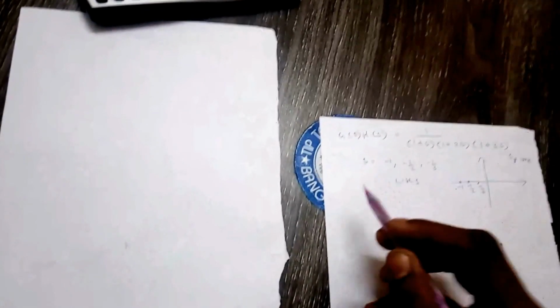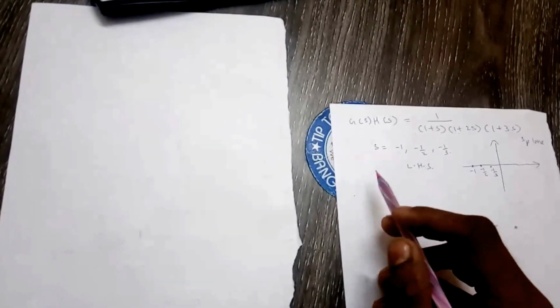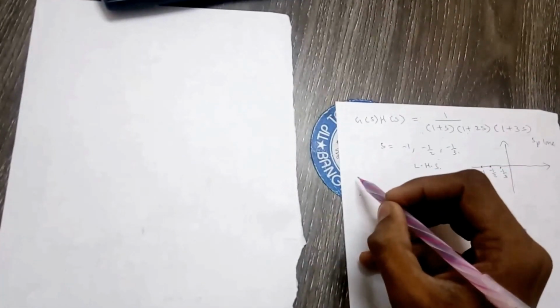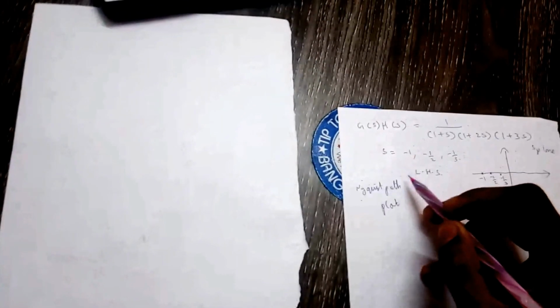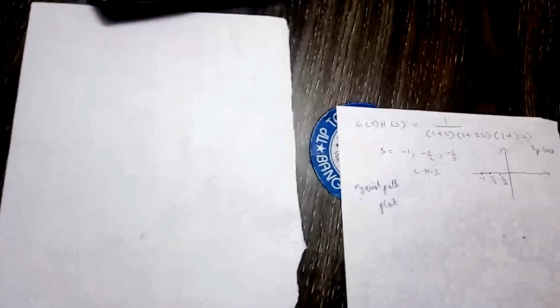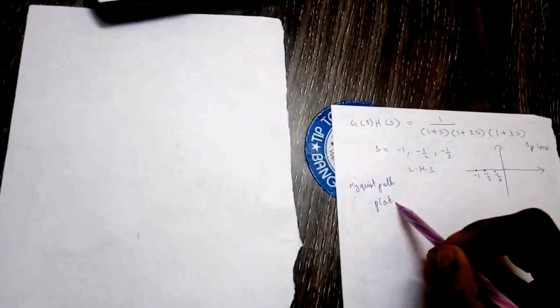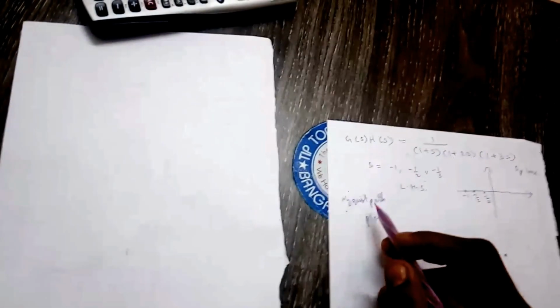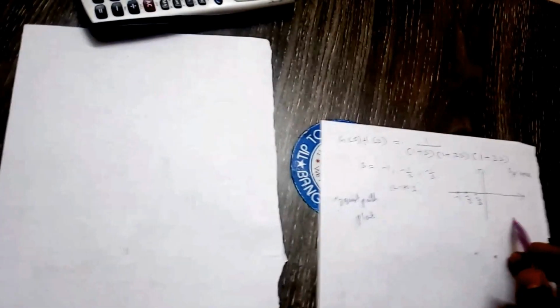Now the stability analysis through Nyquist plot consists of two parts, where we find the Nyquist contour or Nyquist path, and then the Nyquist plot. First, the path or contour is obtained in the s plane, and it is mapped into the G(s)H(s) plane. So first, obtaining the path, what we consider is only the right half of the s plane.